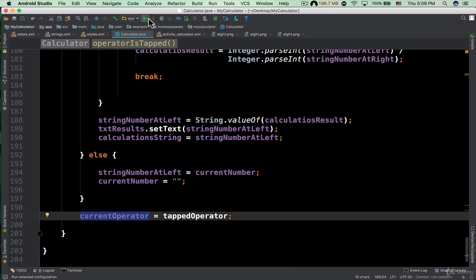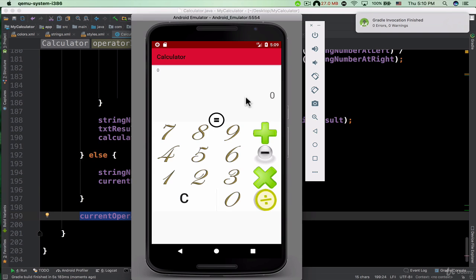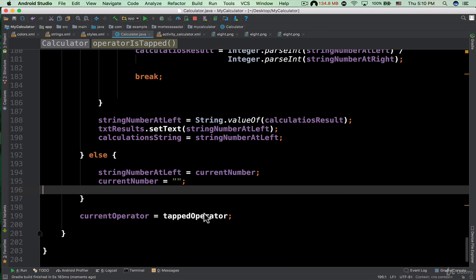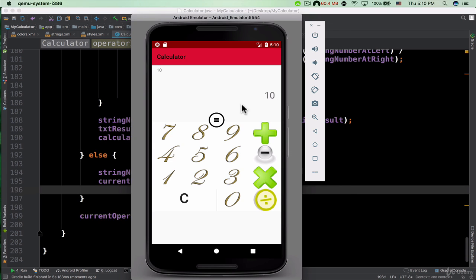Okay, so now we can run the app. We can say run, and then let me show you the emulator. So for example, we have number 5 multiplied by 2 here. Now I'm going to press on this equal button. Now the result is outputted here to the screen. I told you that the current operator is going to be the tapped operator, right? So now I'm going to say